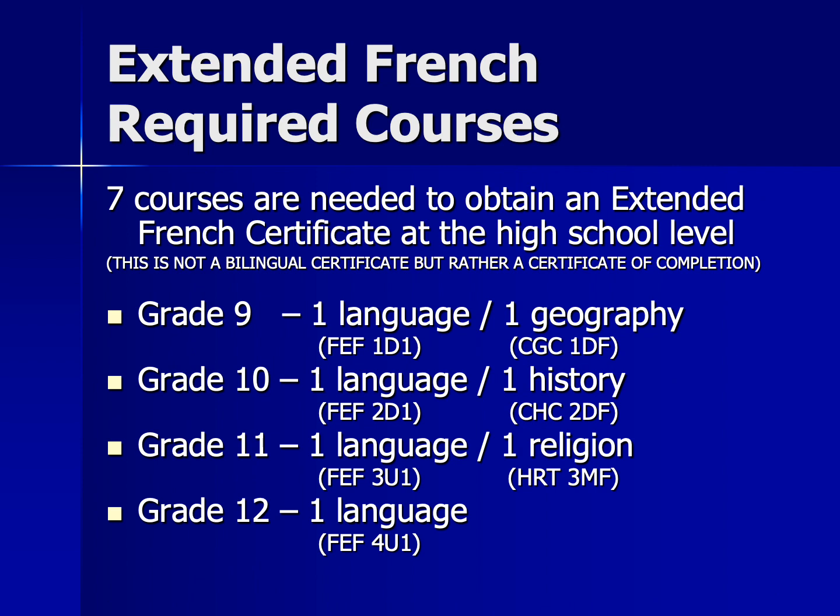Within the Extended French program, 7 courses are needed to obtain an Extended French certificate. This is not a bilingual certificate, but rather a certificate of completion. The 7 courses that will be taken in French are as follows. In grade 9, a language course as well as a Canadian geography course. In grade 10, a language course as well as a Canadian history course. In grade 11, a language course as well as a world religion course, and finally in grade 12, just a language course,